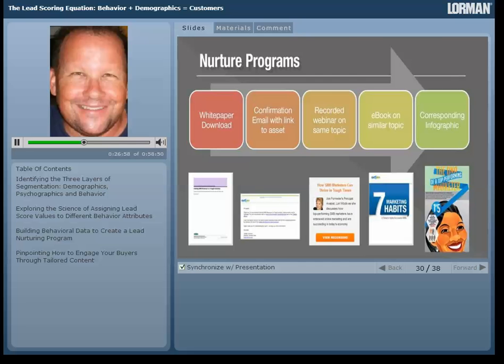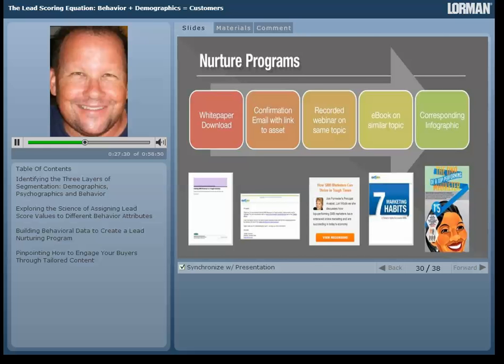Here's an example of building a multi-stage asset in which we tie related offers together in a logical progression to help educate and accelerate the prospects through their buying cycle. And what this lead nurturing stream demonstrates is how someone found you via search and submitted a form to download a white paper. And this walks you through all of those steps. But from there, there's a confirmation email that's going to be triggered with a link to the asset for future